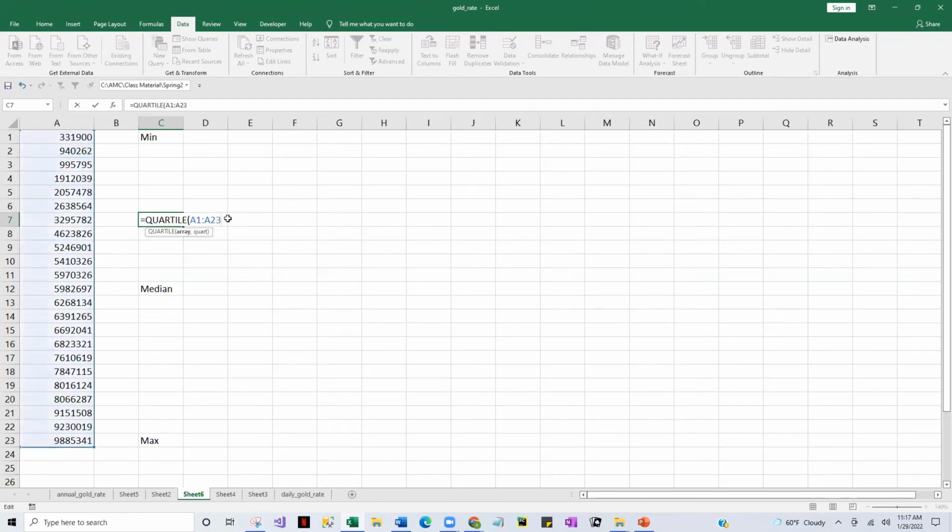So I want the quartile, and I want the first quartile. So that means I want the 25th. So this is going to be my first quartile. And my third quartile is going to be